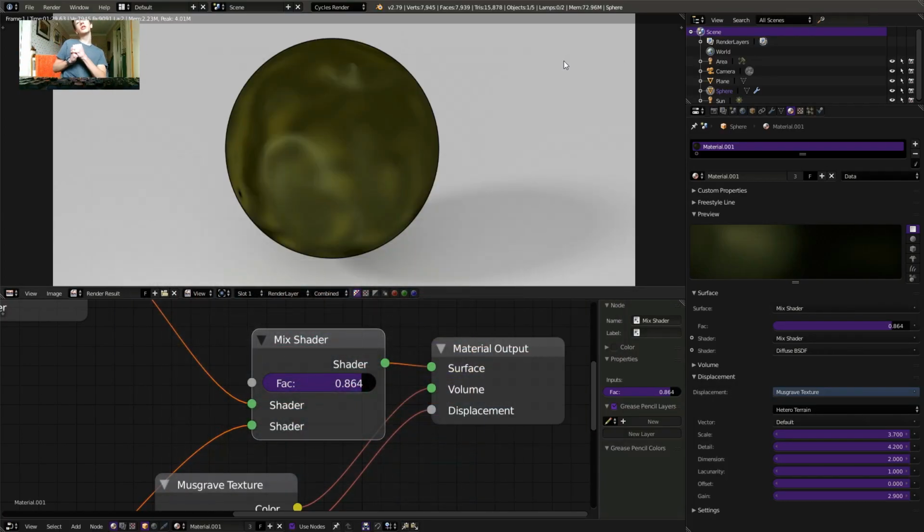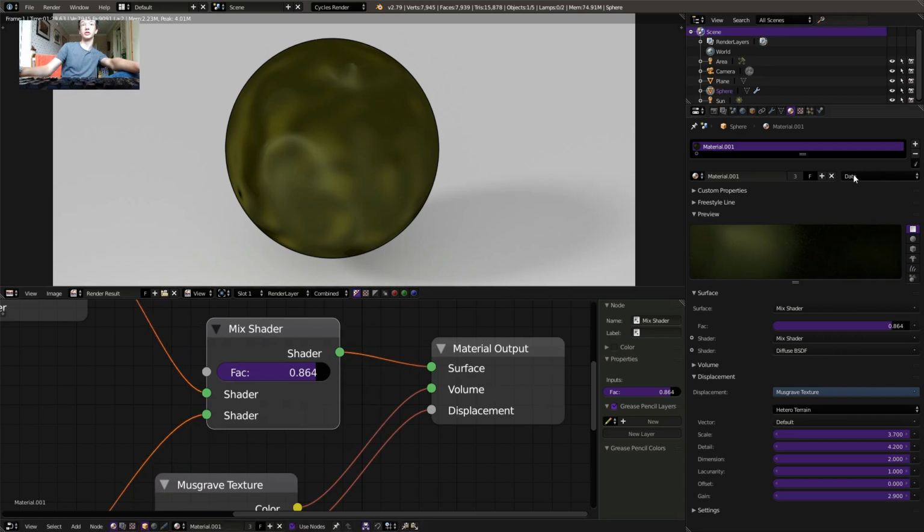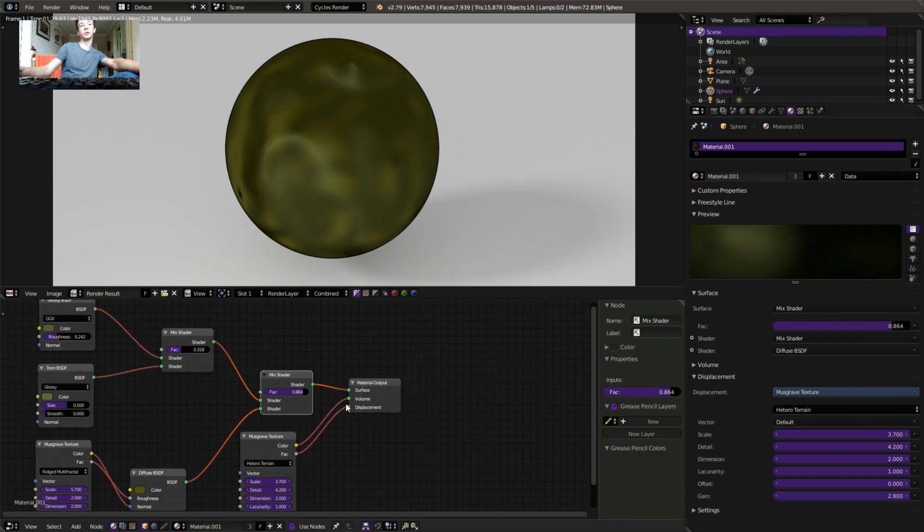What is up, guys? Today I'm going to be showing you how to make this kind of dented matte camo material in Blender, Cycles Render. So let's jump straight in and get your model, which is hopefully better than mine, and create a new material. Make sure it's using nodes,